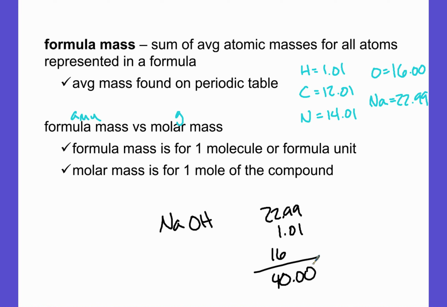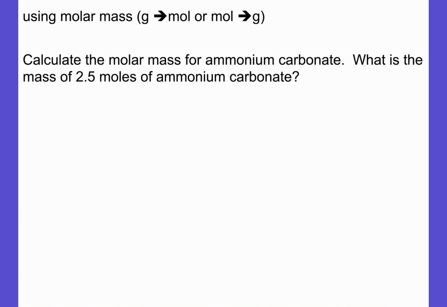I have to make concentrated sodium hydroxide solutions all the time for different purposes, right? So I need to know what the molar mass is in order to do it. But it's just adding up pieces. The hardest part of most of these problems is I tell you it's ammonium carbonate and I don't tell you what the formula is. So again, for those of you that have been doing well this chapter so far, it may or may not be easy for you to come up with this formula for ammonium carbonate. But that's just the first step. If you get this step wrong, everything ends up wrong after this